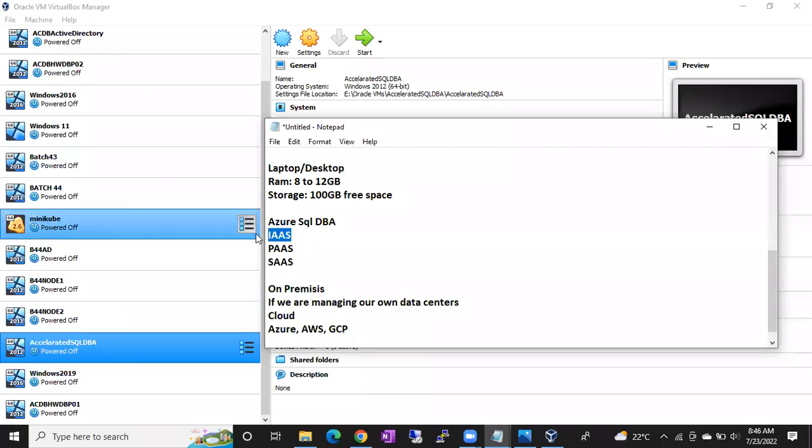If you choose PaaS, platform as a service, then they will have their own SQL servers. You cannot see the SQL servers. They will simply give you the database. Only the product you will get. Only the database you can see. You cannot see the servers. You don't have control on the servers. You don't have control on the OS level. If you choose IaaS, you have control on the OS level, guys.